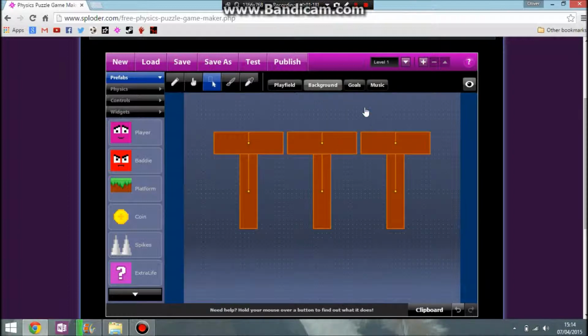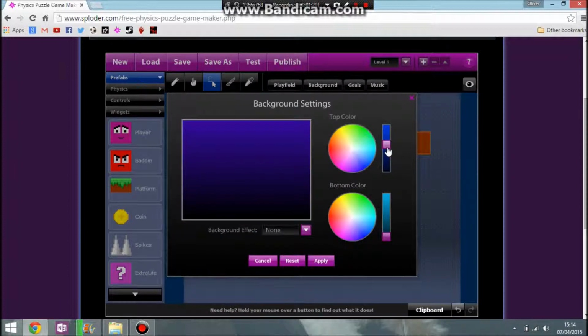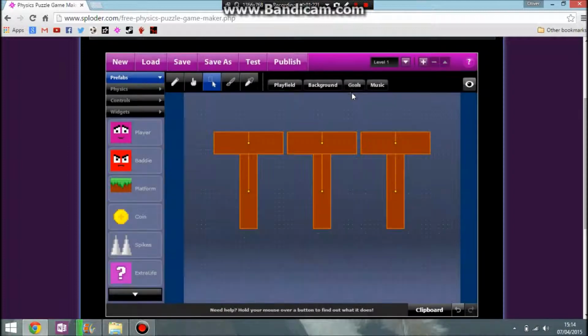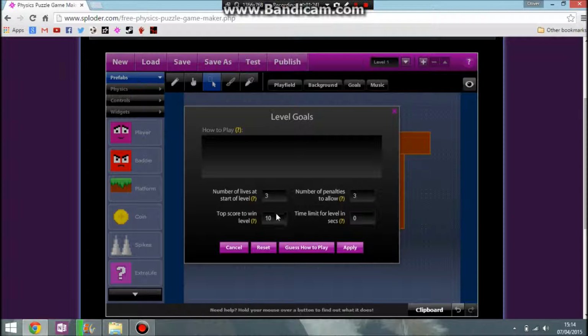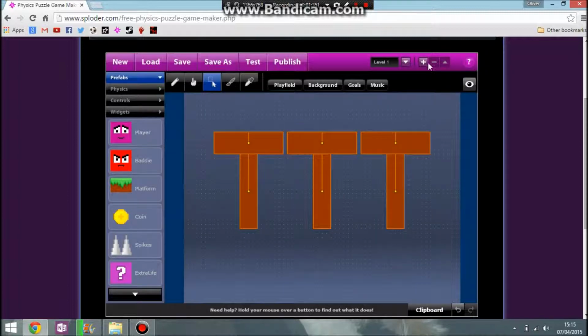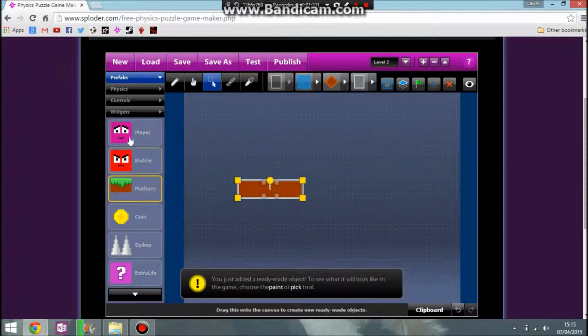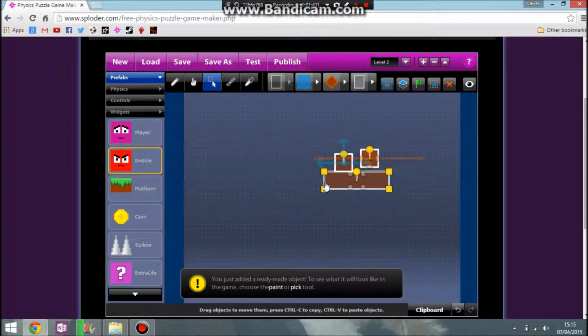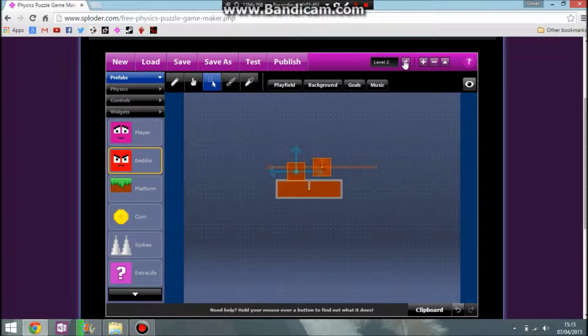Okay, so of course, adjusting all the controls and all the goals, it does apply to this game creator. In this case, it would be time related, because unless you want your user to press a button, this would be wrong. There you go. Because you set all your settings there, and then you would continue to make your game. So in this case, let's just put the baddie on there. Okay, so in this case, let's pretend level 2 is the rest of your game, and level 1 is your